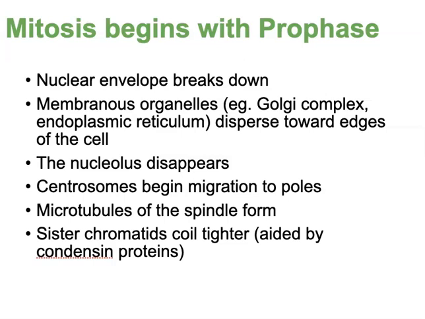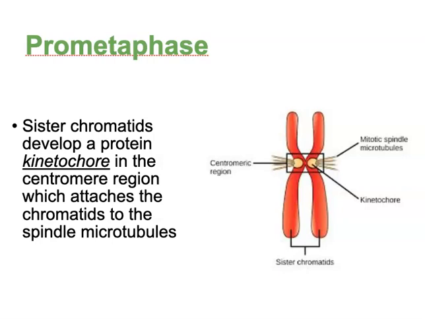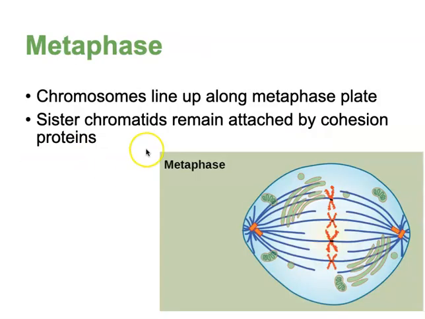Now, I'm not going to read through all these different pieces here, but now, you know what? I really should. I've got a minute or so here. Mitosis begins with prophase, and you can see what it's doing as the nucleolus disappears, centrosomes begin to migrate. All of these things have to happen in a stepwise manner. And in this thing that we call the kinetochore here, notice what's actually happening. These are the centromeres. We're attaching mitotic spindle microtubules here. And this is actually how we anchor and direct where the sister chromatids are going to actually end up traveling to. During metaphase, we line them up, and the sister chromatids